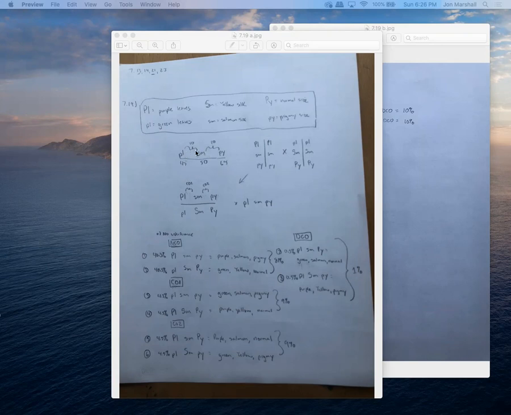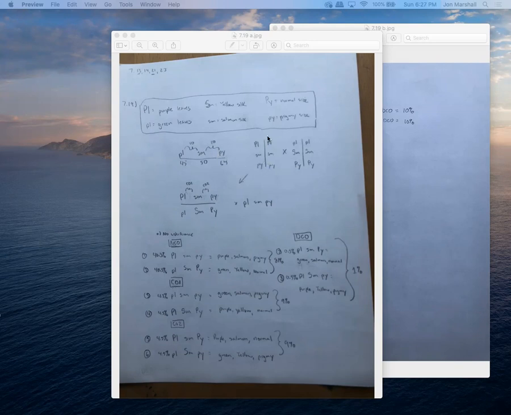And so you know that there's 10 centimorgans between PL and SM, and there's 10 centimorgans between SM and PY. Here they're getting you to do exactly the opposite of what you've been doing up until now. They gave you the results for the crosses, and then you had to calculate those distances. Now they're giving you the distances, and they're saying, in this cross, in the offspring, what should you have seen in order to get these distances?